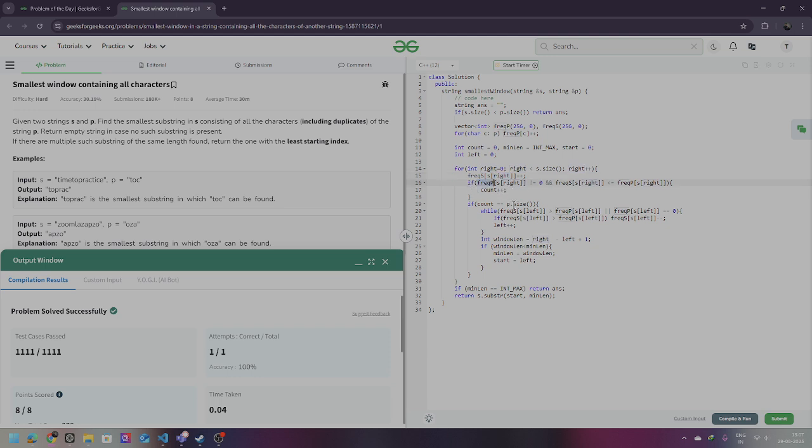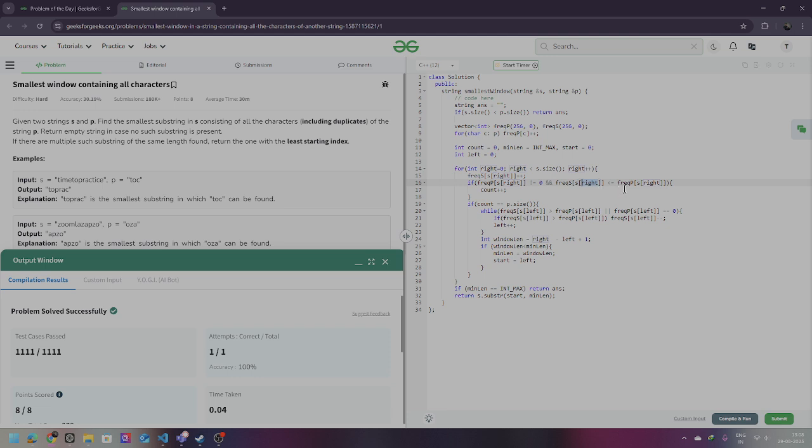If the frequency of S[right] is not equal to 0, first of all, and the element that we encountered in the string S, if its frequency in vector freq P is not equal to 0, and the frequency of S[right], basically the element that we just encountered,